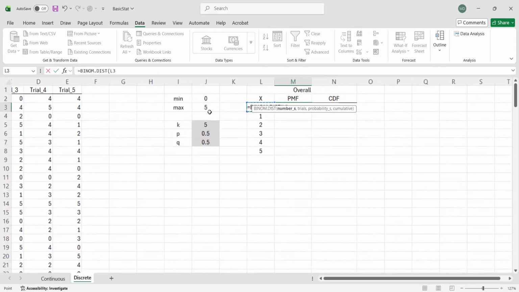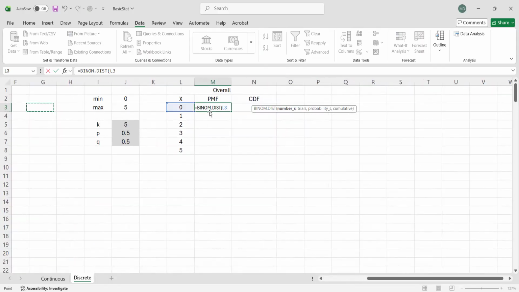Okay, and then comma, next we are asked for the number of trials. So we select this one. But again, so that we can reuse the formula, we put dollar signs before the letter and the number of the cells. So either F4 or Fn plus F4, or manually type the dollar signs.